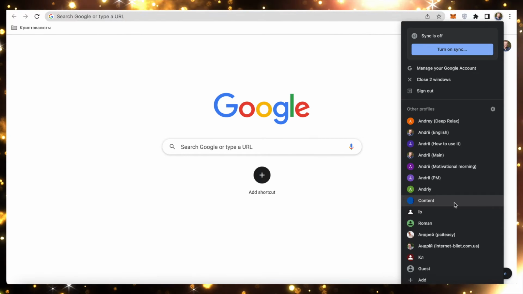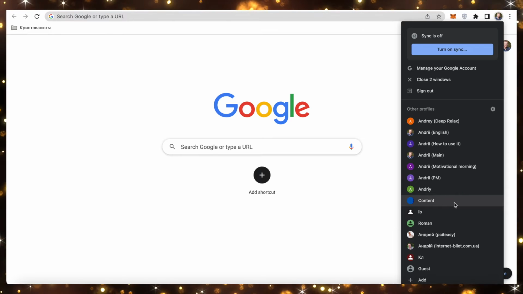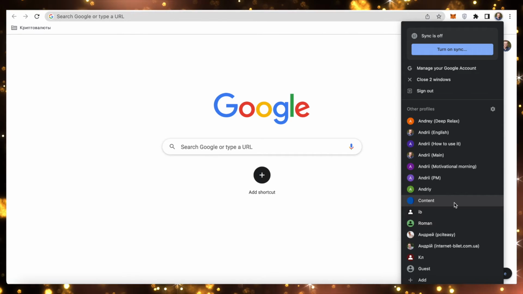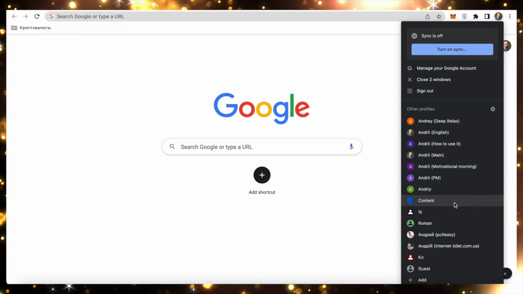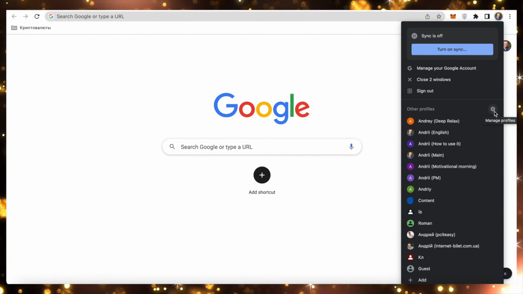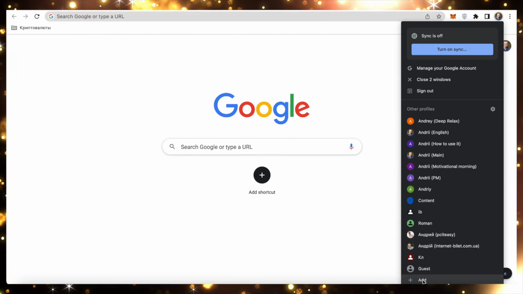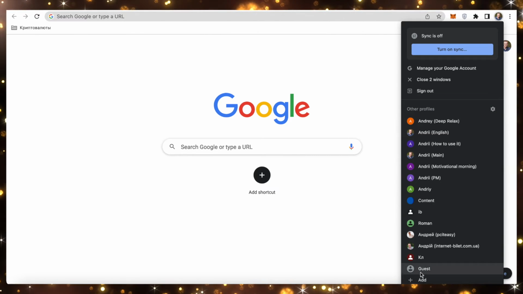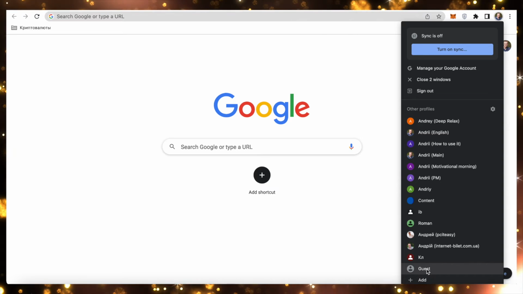And I want to talk to you about how to work with Google Chrome in a very comfortable way. So you can click this icon, or you can press add, or you can work in Google Chrome